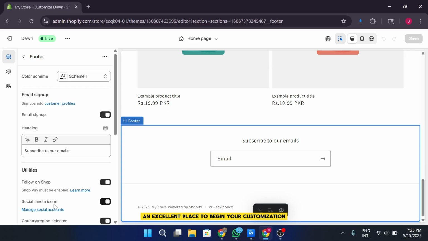An excellent place to begin your customization is by inserting a navigation menu. It's common practice to add quick access links to essential pages such as About Us, contact information, shipping and returns, and your privacy policy. These links help provide your customers with easy access to important information without needing to dig